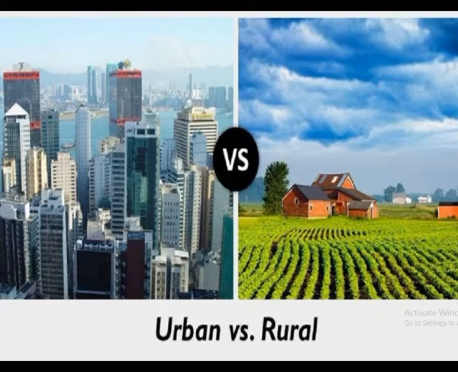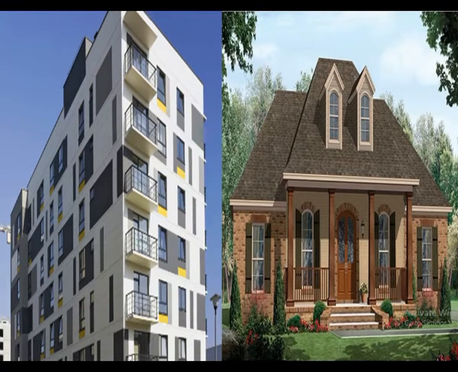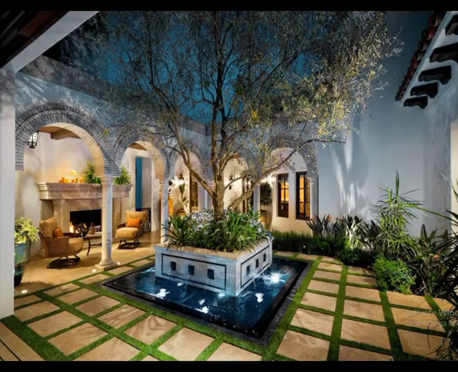Okay. Now firstly, look at the picture of these two houses of cities. So student, which house is older? What are the difference you see in both these houses? See, the second house is an old type of house. Old type of house used to have a courtyard and verandas. Do you know what is the meaning of courtyard and veranda? Let me explain you. Can you see this area? This is called a courtyard.